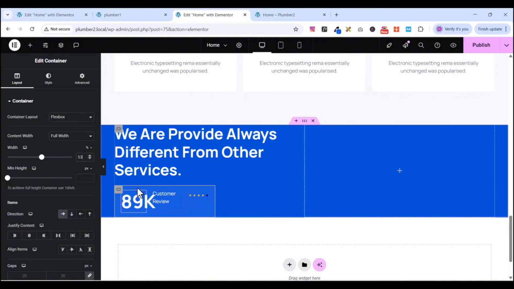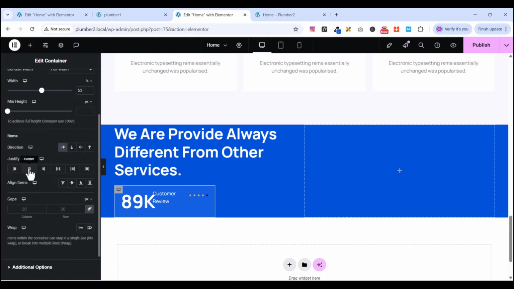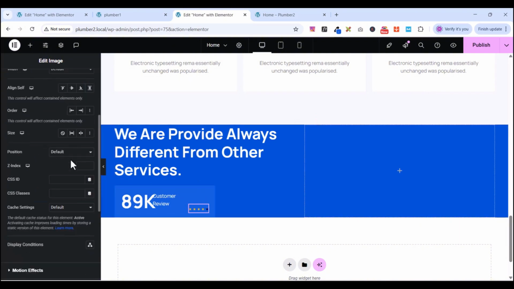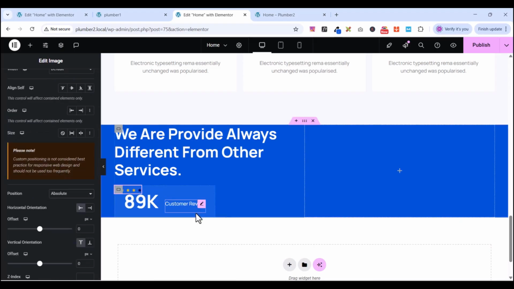Okay, so after that I will select this, okay, then go here. I'll try to center this one and center this. Okay, then I'll click on this one again. All right, so I'll go to advanced, then I'll go to position, absolute, then I'll drag this one, I'll drag it here like this,